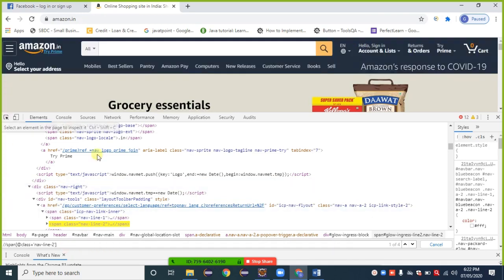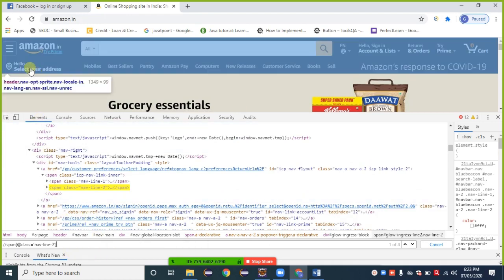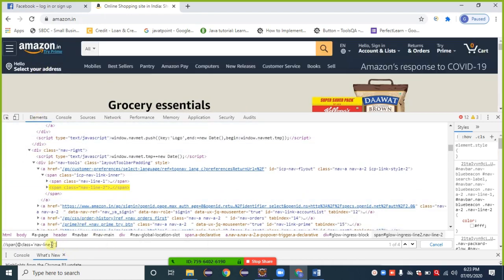Observe that I inspected this element and provided that value here as the XPath. Observe what suggestion we get here: 1 of 4. It means that on this web page there are 4 elements having the same attribute and value, or the same XPath.